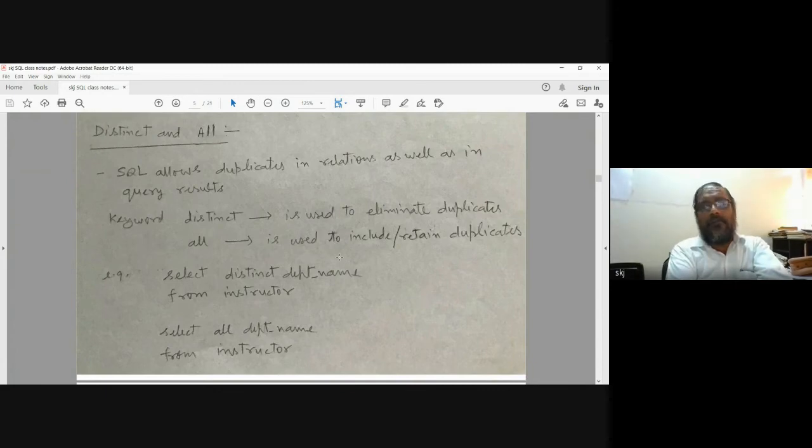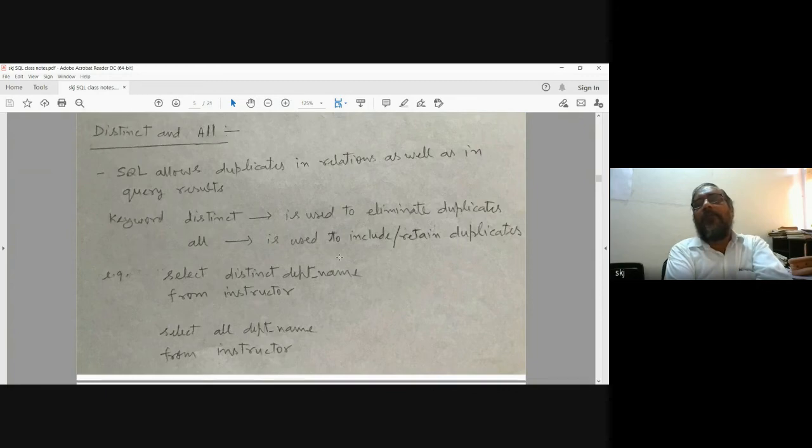The multi-set definition is also valid here. So in the result, we may want all the values to be distinct, with no repetition. That is possible. And we may also say repetition is allowed. That is also possible.